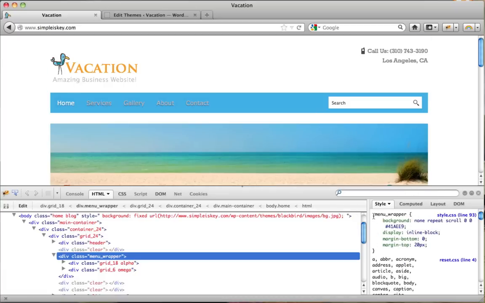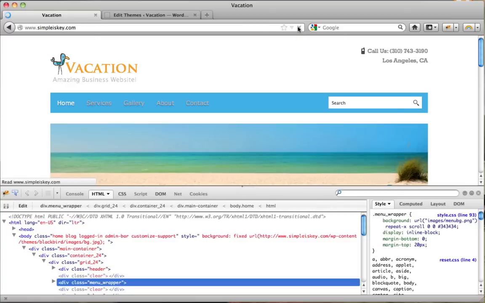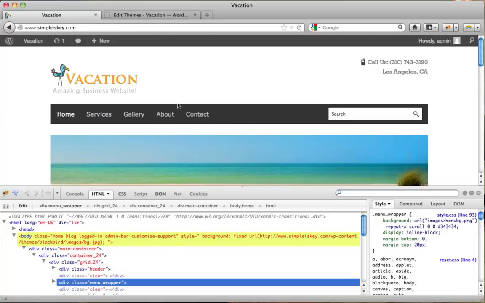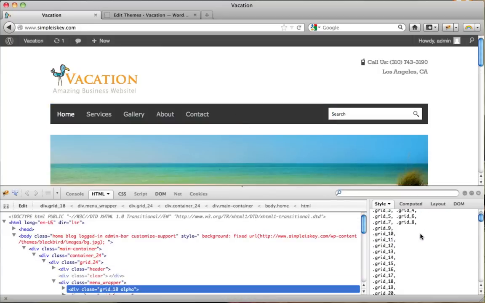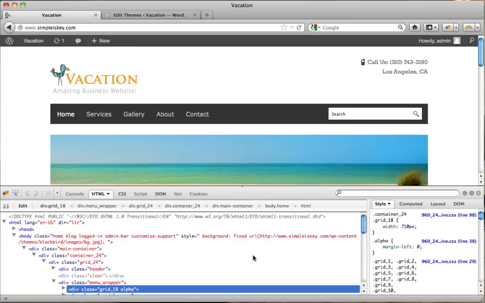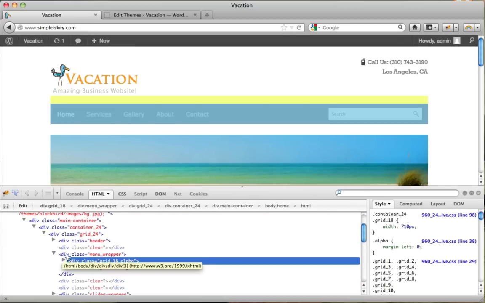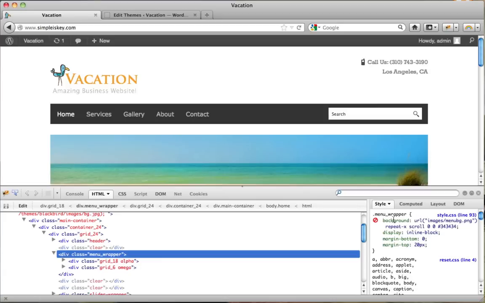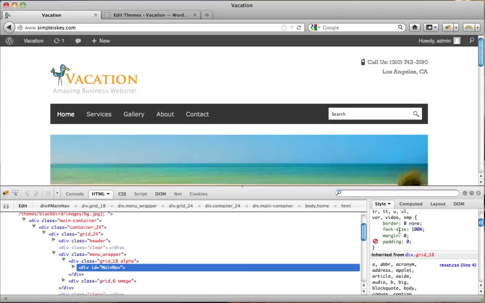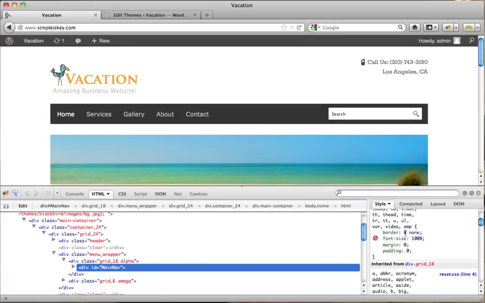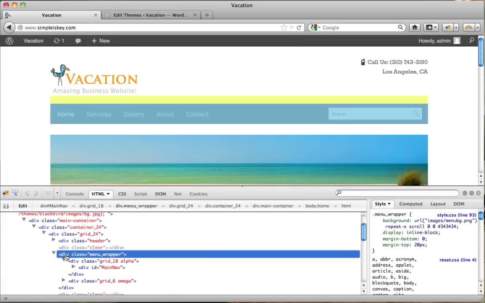Alright, but how do we get this into our website? Because if we click refresh, we see that none of those changes actually stayed. So let's inspect our element one more time. And sometimes you have to search for things. And if you don't see a background color here, you may want to go up a level here, and then you see a background. Or you may want to expand this and go down, and you can see different properties. So let's click on the menu wrapper,